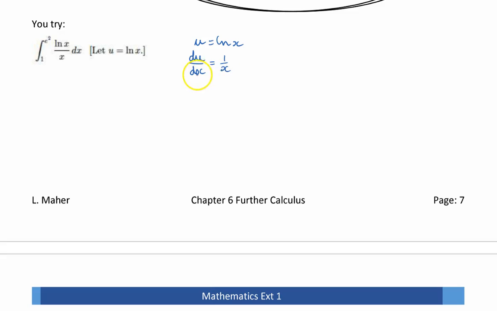So if we cross multiply there, dx is equal to x times du, or we don't want that. What we would actually like is that du is dx over x, divide both sides by x, because if